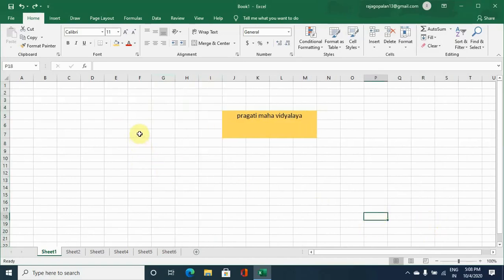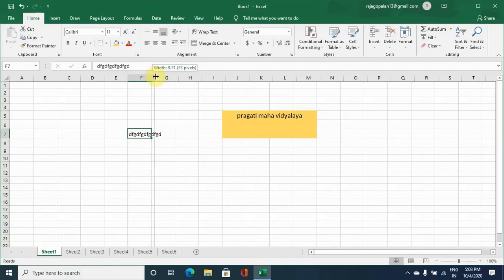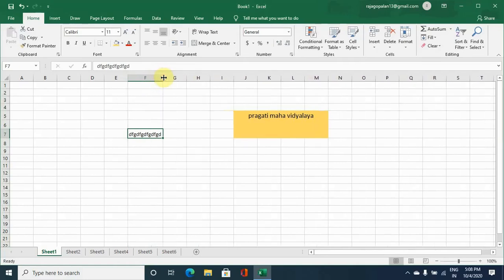Say we are selecting this cell, so the address of the cell is given as F7, and you are typing some matter here. Now what you have typed is bigger than the width of the cell. In that case, you place the cursor first on the header right side, you get two arrows, then simply you drag such that the matter what you have typed will come under the given cell. So this is about changing width and height.